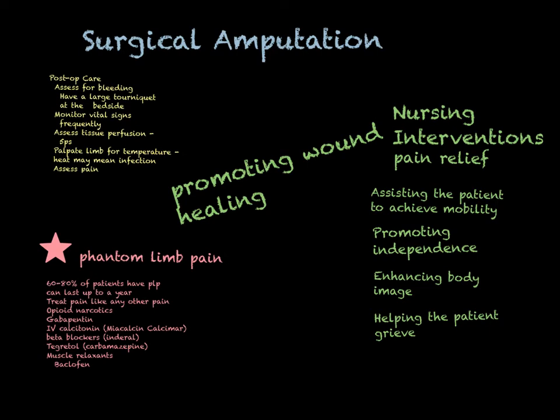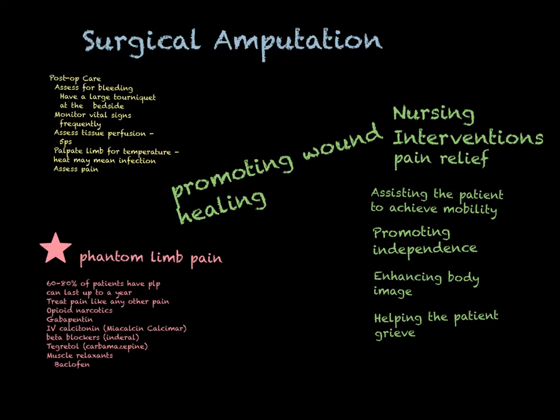Your book talks about limb shaping, and this was an interesting concept that I found over and over again on the internet. People were really excited about getting their prosthesis for the first time. But in order for that prosthesis to be made, they have to cast it. Before they cast it, the patient has to have some good wound healing, and that residual limb needs to be shrunk. The way they do that is with things called shrinker socks.